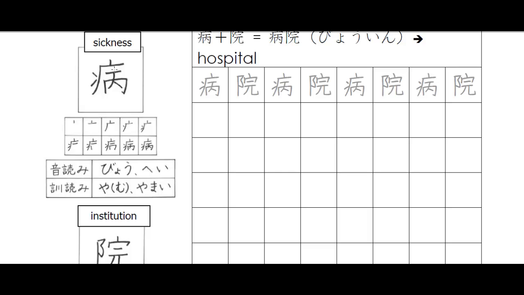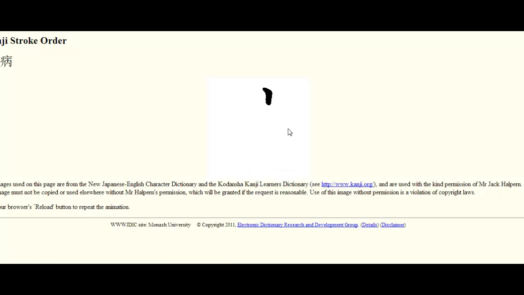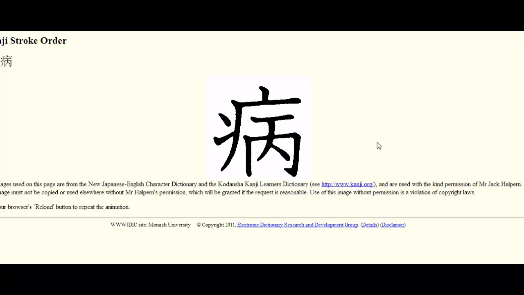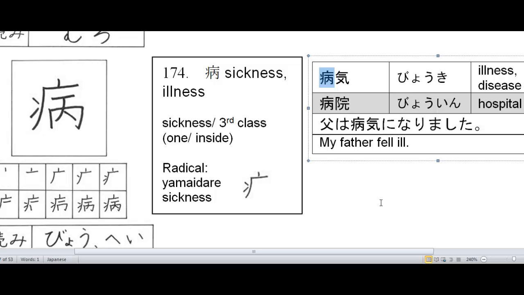Still on page 4. Now we're looking at the kanji for sickness or illness. Let's check out the stroke order. Here we go. 1, 2, 3, 4, 5, 6, 7, 8, 9, 10. It's pronounced byo, byo. Okay, here's our kanji reference book, and we can see the way it looks when it's